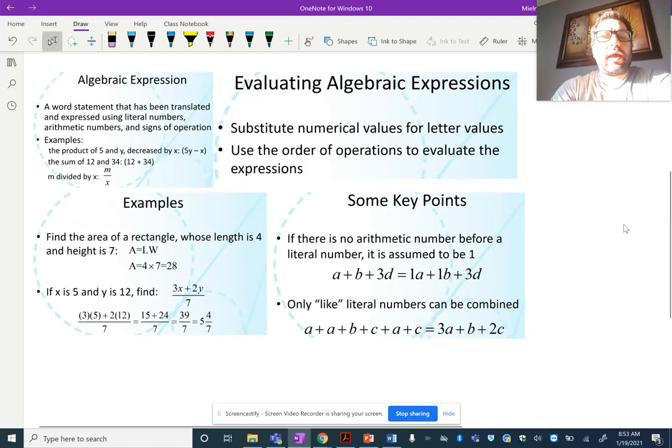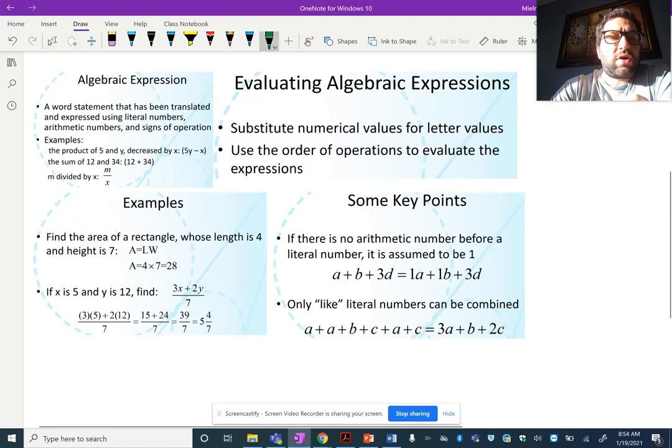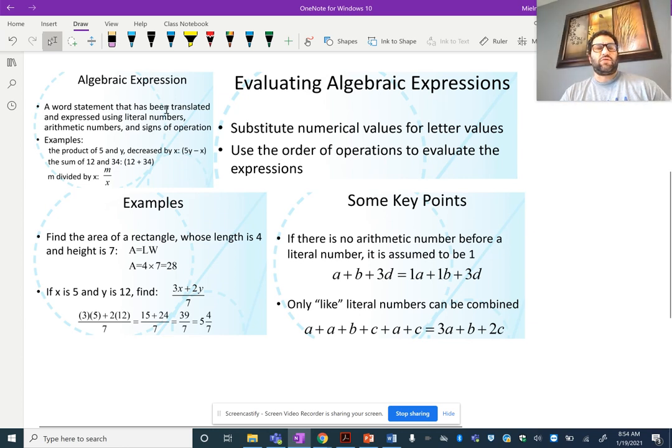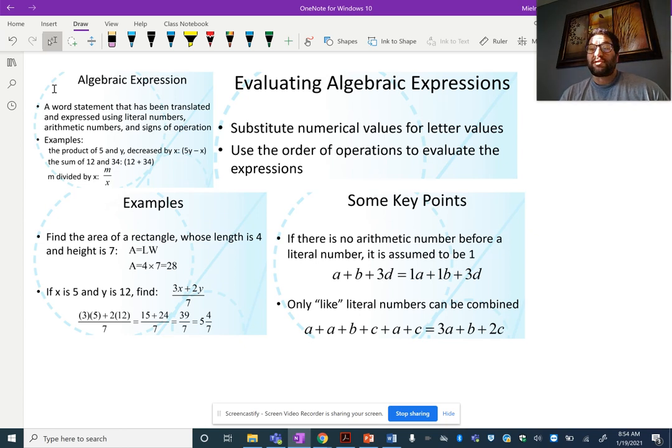All right. So again, algebraic expressions are a word statement that has been translated and expressed using literal numbers, arithmetic numbers, and signs of operations, which is a very fancy way of saying an algebraic expression is one side of an equation. Okay, it's going to have numbers, it's going to have variables, but the expression is not set equal